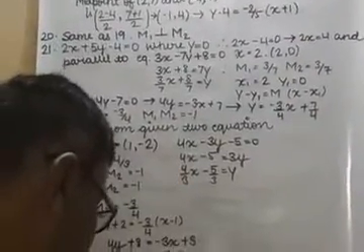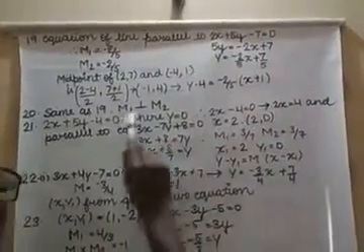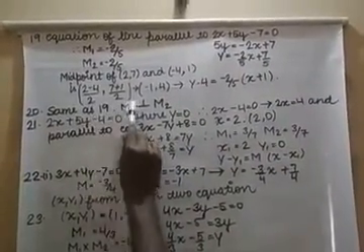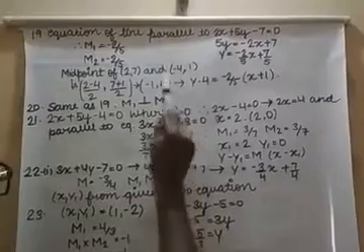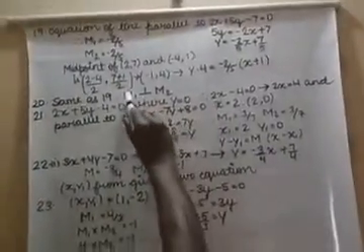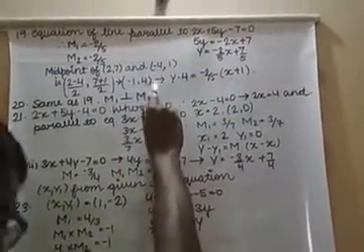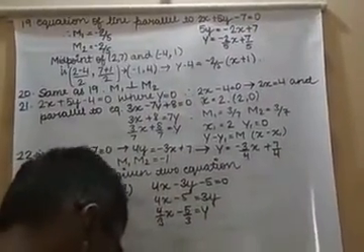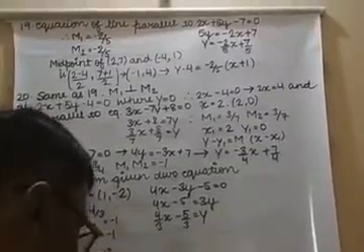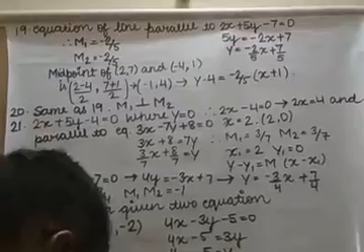Question number 20: find the equation of the line that is perpendicular. It will be solved in the same manner. Only one thing you have to do: m1 is perpendicular to m2, so keep in mind that m2 will be your m. m1 is given to you, m2 you are calculating, and by using this m2 and the coordinates x1, y1, you have to calculate the midpoint of (5, -2) and (2, 2).